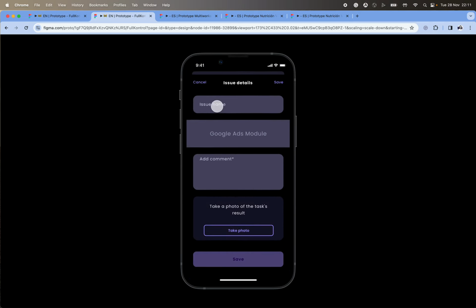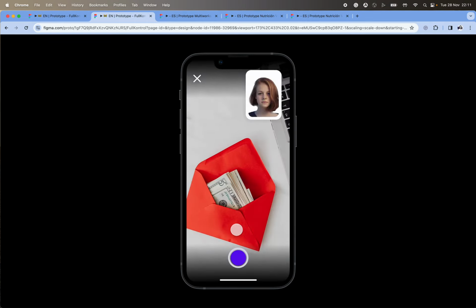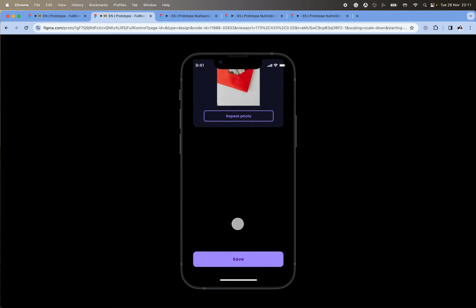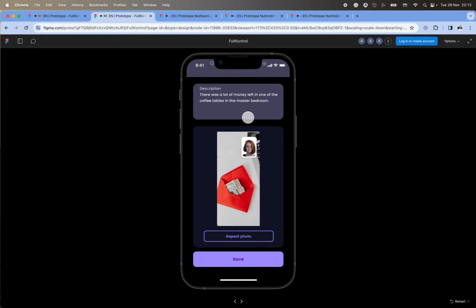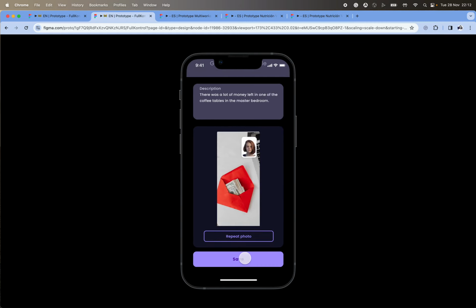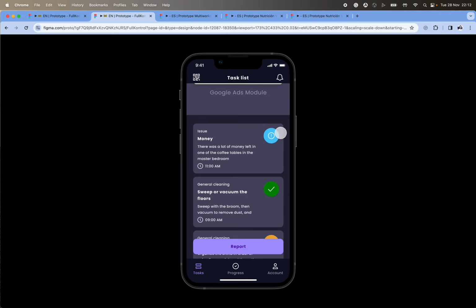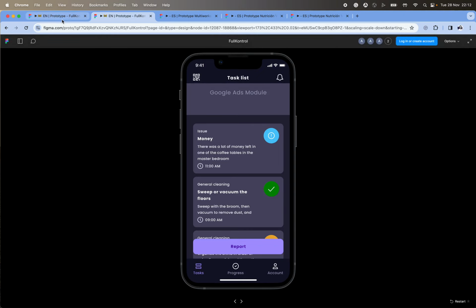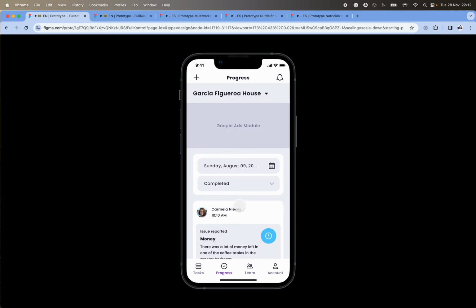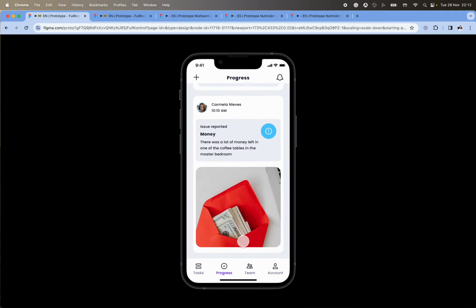So, for example, Carmela goes here and she says, you know what, I found some money here at your desk, so I'm just gonna report that it's here, that it was here when I arrived, and hit save, and immediately it generates a report that the manager will see here in this form, right? So the manager is gonna quickly know that, oh, I left some money in the desk and it is there,